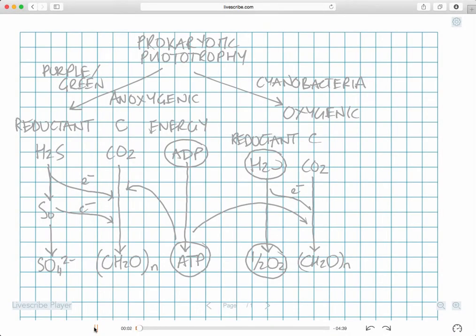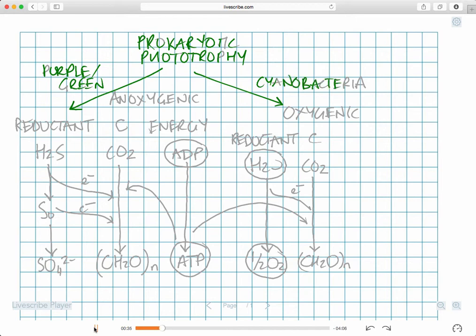Okay, I'd like to give you a quick overview of prokaryotic photosynthesis, and so we're going to just call this prokaryotic phototrophy. Okay, we're going to split this into two categories. First of all, we'll look at the purple and the green bacteria, and then in a moment we'll come over here and we'll look at